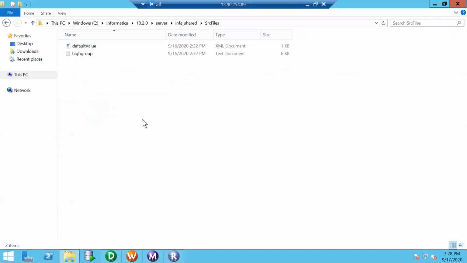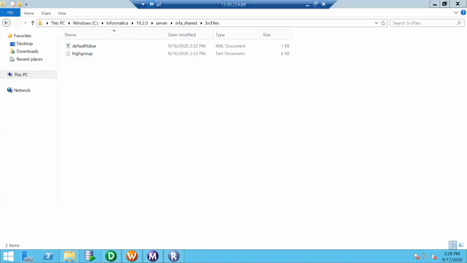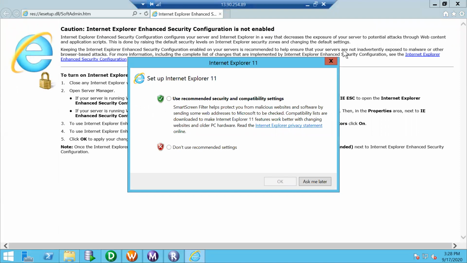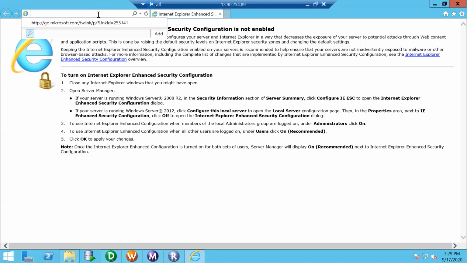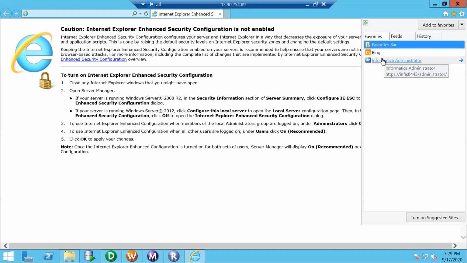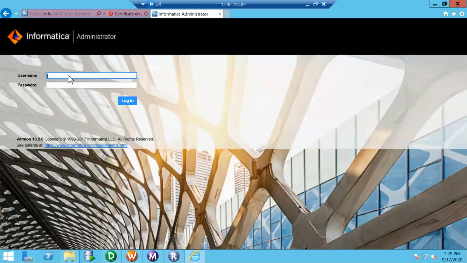So this is the source file directory. If you want to see where such configurations exist, you can log into the Informatica administrator console. Let's suppose tomorrow you don't want to use that source file directory path, you want to configure your own predefined path. That can be configured in the administration console.